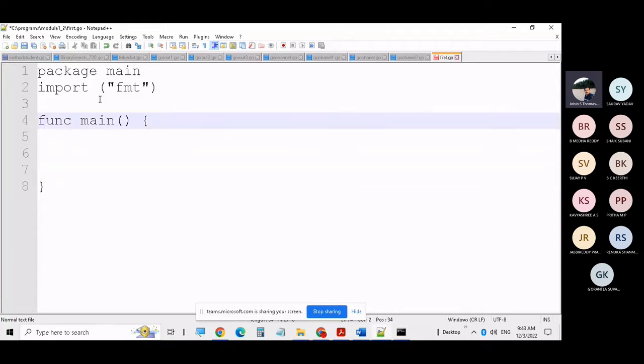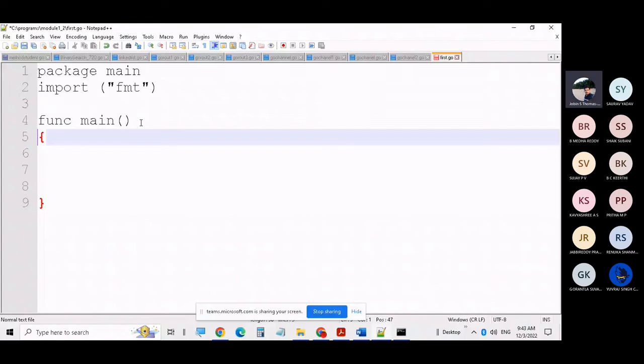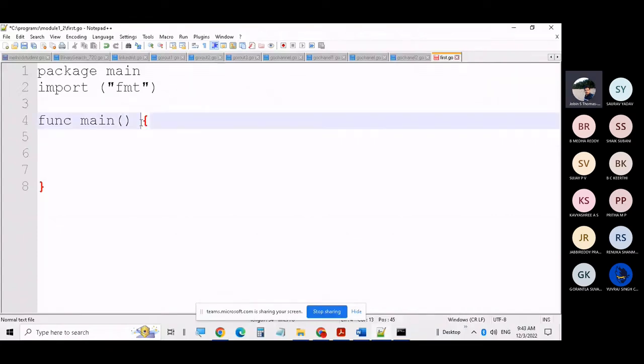One very important thing we have to remember is that the opening bracket of the function should start on the same line as the main function. You cannot start this opening bracket on the next line. You have to start on the same line where the main function is. If you start on the next line, it will definitely show an error. The reason behind it